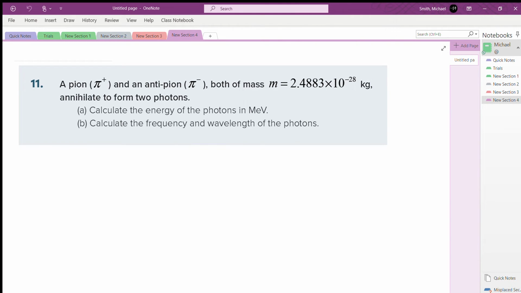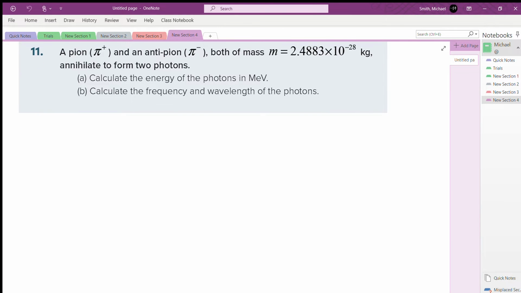This is question 11 from the SACE Stage 2 Physics Course Companion from subtopic 3.4, the Standard Model. Here we have a pion and an antipion, both with a mass of 2.4883 times 10 to the power of minus 28 kilograms, annihilating to form two photons. We need to calculate the energy of the photons in mega electron volts and then the frequency and wavelength of